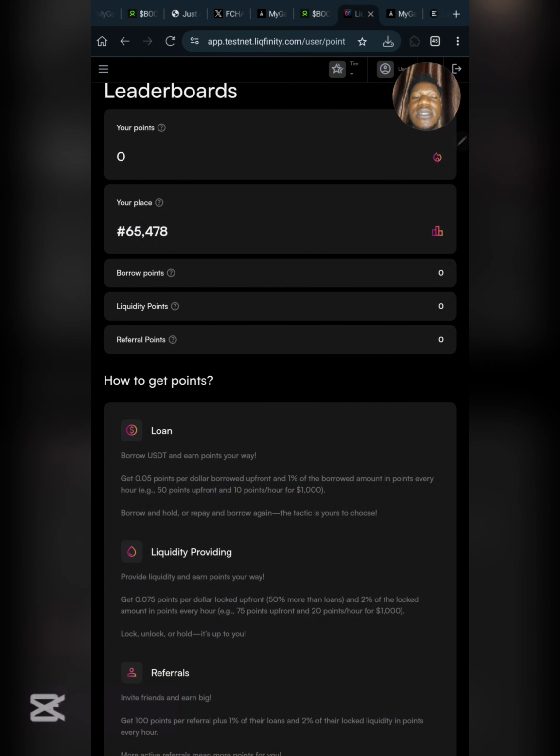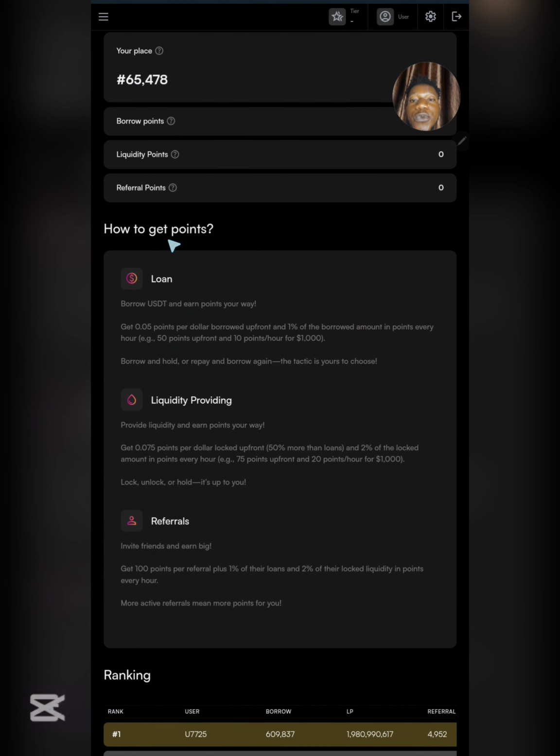So over here, guys, on leaderboard, this is where your points show up, and this is where your rank is showing up. I'm obviously the last person to join this project at the time of making this video, and of course this is where your point count is right here. And when you scroll down, you can see this is how you get your points.